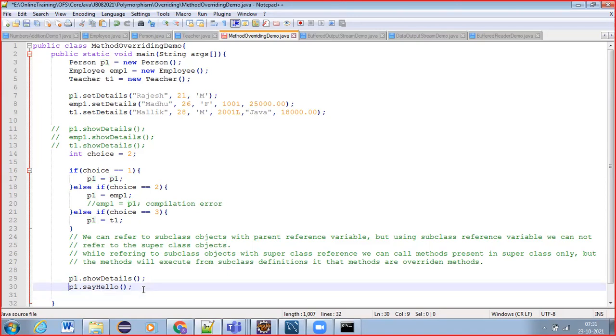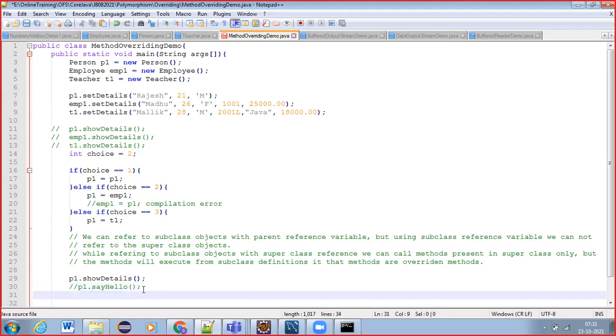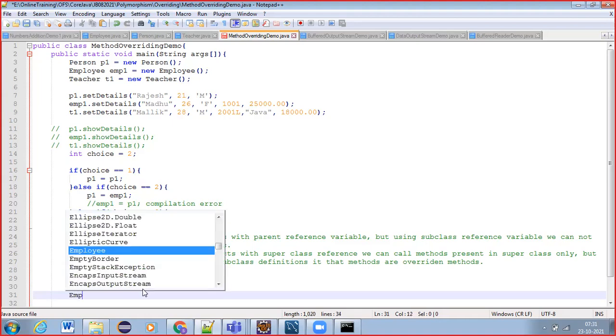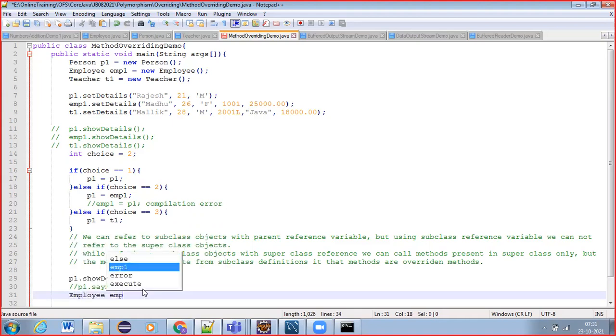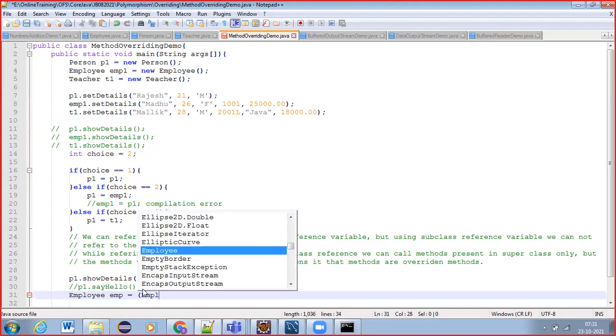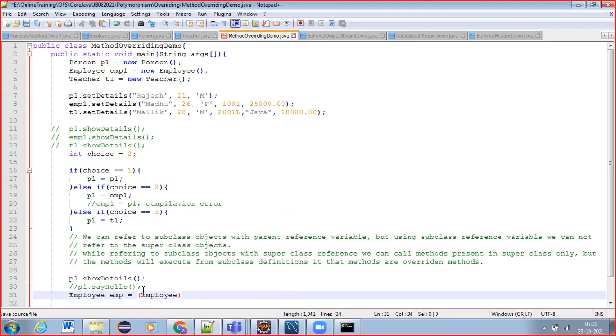How to do that? You cannot do it directly. You need to create a reference variable: Employee emp equals (Employee) p1.